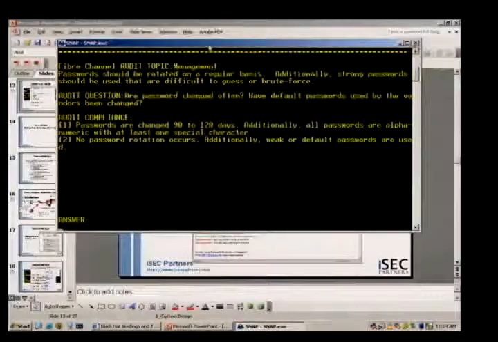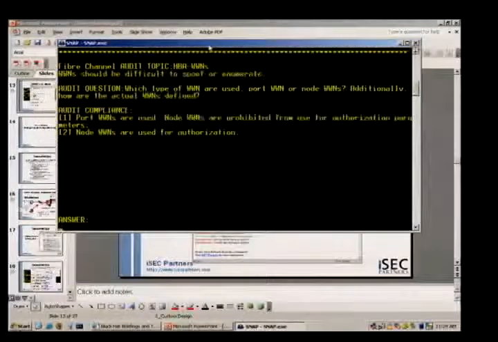Then it presents an audit topic, an audit question, and the answer, so you go through this questionnaire. For example, the audit topic in this example is that worldwide names should be difficult to spoof or enumerate. The question is, what type of worldwide names are used, port worldwide names or node worldwide names? Again, most are node, but it depends on your environment and the SAN administrator. What I've been trying to start doing is using this tool and giving it to SAN administrators in a very